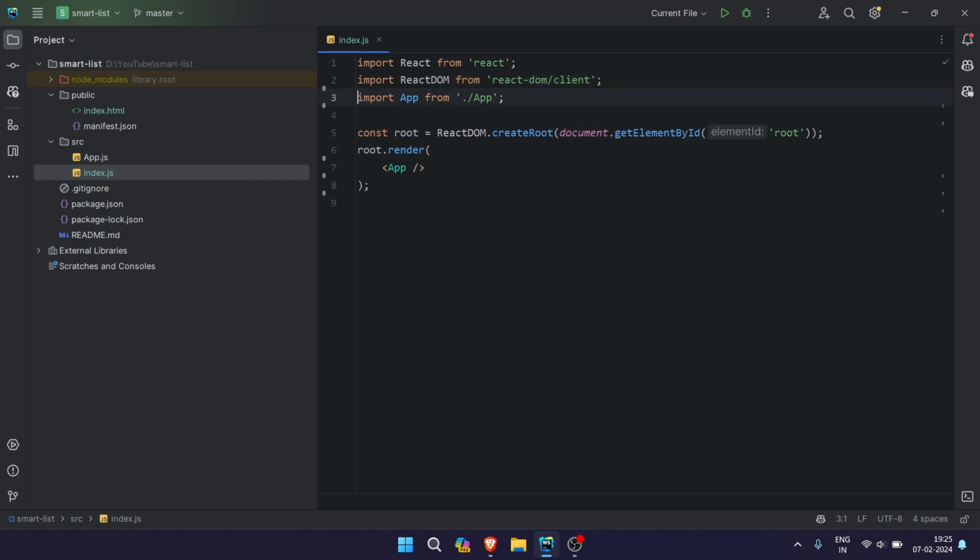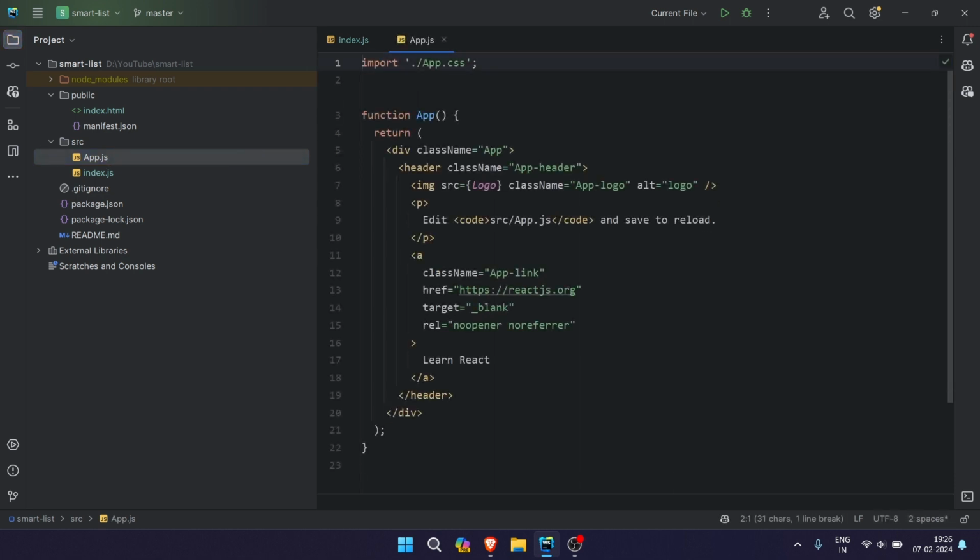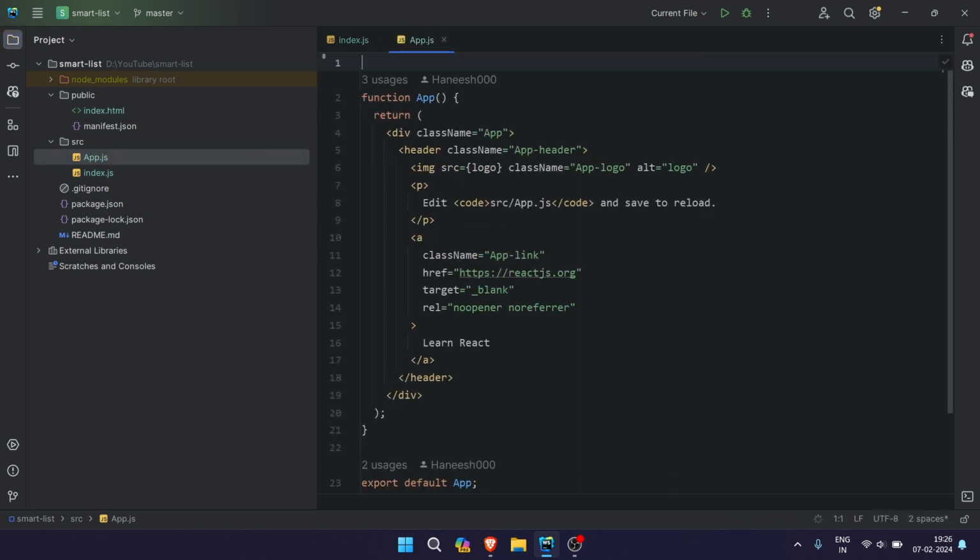Now I don't have the CSS in here. App. I really love the double quotations more than the single ones. It's just a weird habit. Now the index.js is free of all errors, and I literally mean everything. Now we'll be going to the app.js. I don't have a logo, I don't have a CSS file,